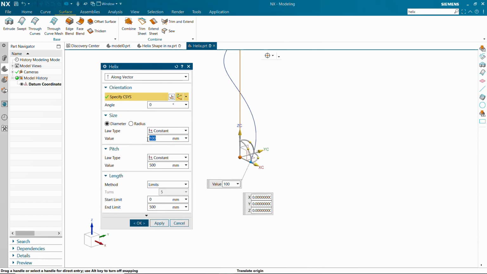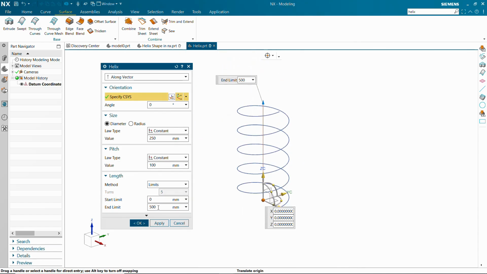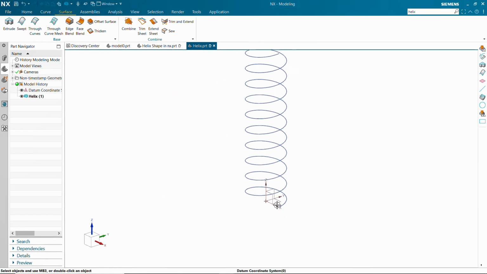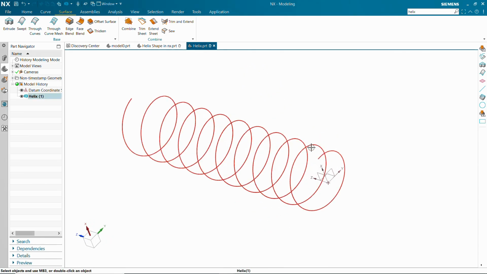Go with a diameter of 250, a pitch value of 100, and a total height of 1000. Now our helix is ready. For the circular profile,